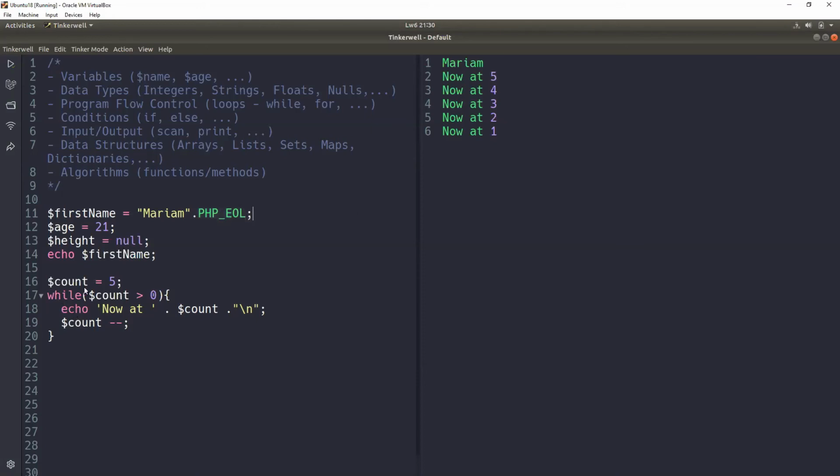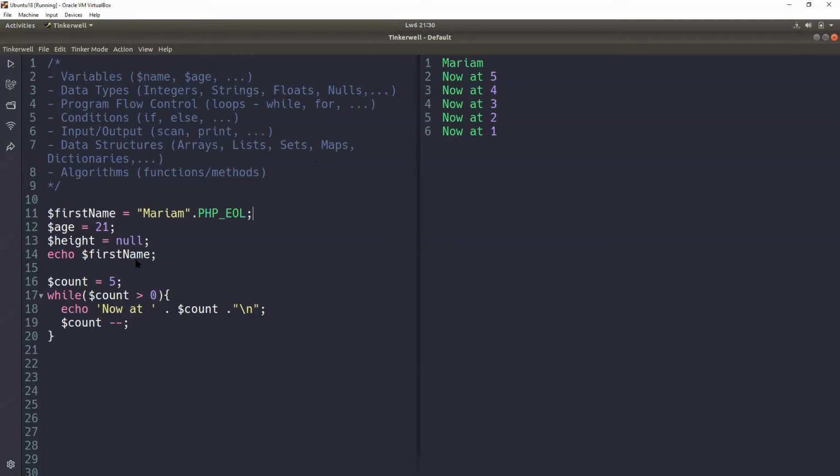So this is how our loop works. Our loop says while count, which is at 5 right now, is greater than 0. Actually, I should have talked about if conditions before talking about loops, because loops usually check. So it checks count is greater than 0, and then it echoes this "Now at" count: now at 5, now at 4, now at 3, now at 2, now at 1.